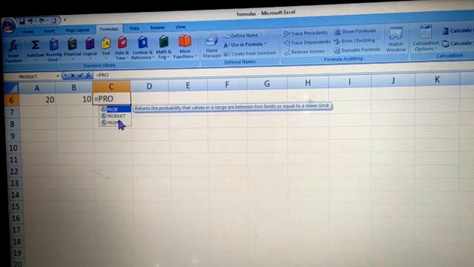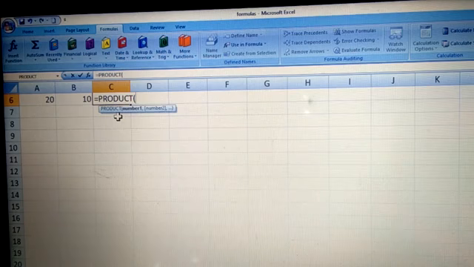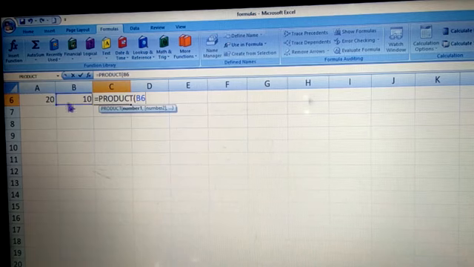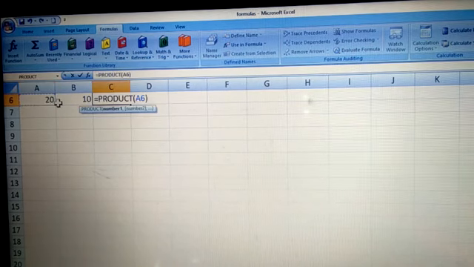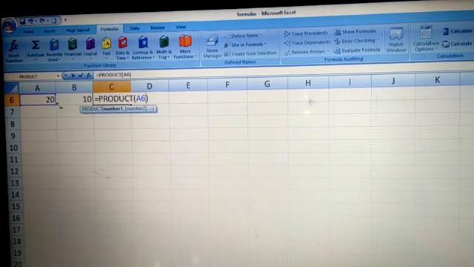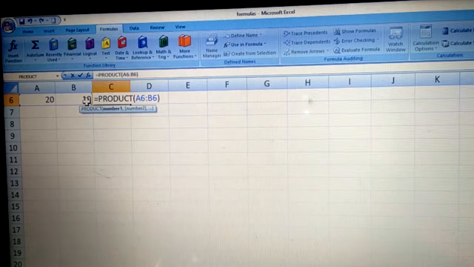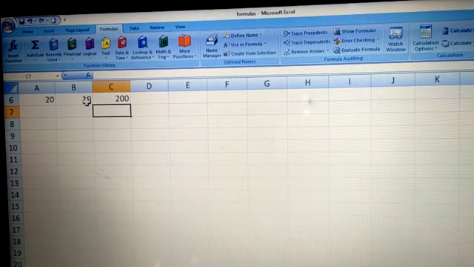Now see, an option is coming, just click on this. Now you need to select the range or numbers, whichever way you want to write. So I'm selecting the range here like this, from A6 till B6, and then just press enter.